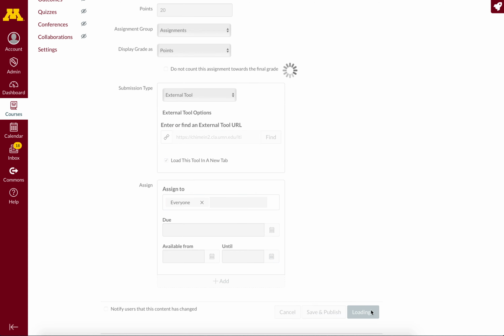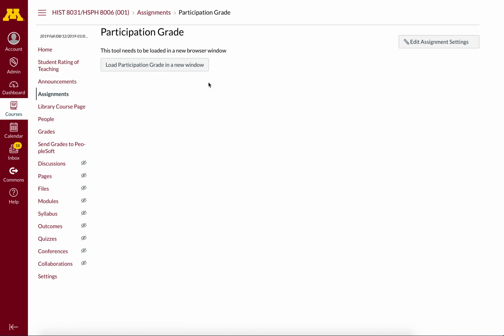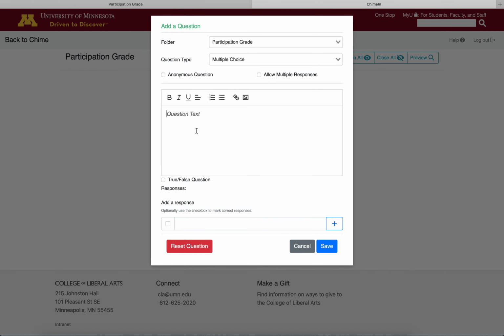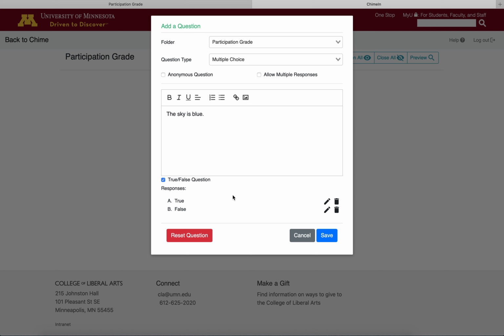I'll go ahead and click on Save, and now I'm going to have the option to open ChimeIn within a new window to start creating my questions. So I'll click on that, and you see it opens in a new tab, and I can start creating new questions. So I'll create a new question, just maybe a true-false question. And I could choose, if I'd like, to mark a correct answer,